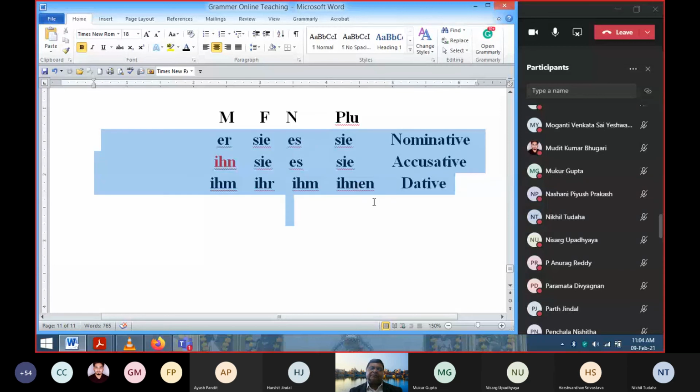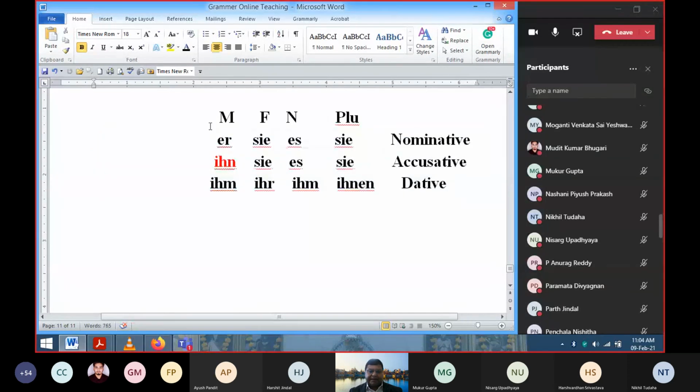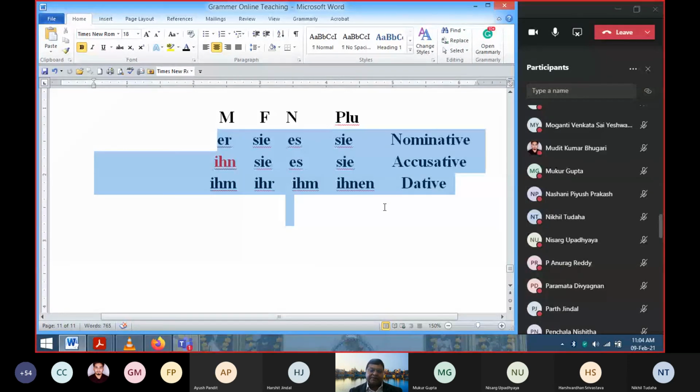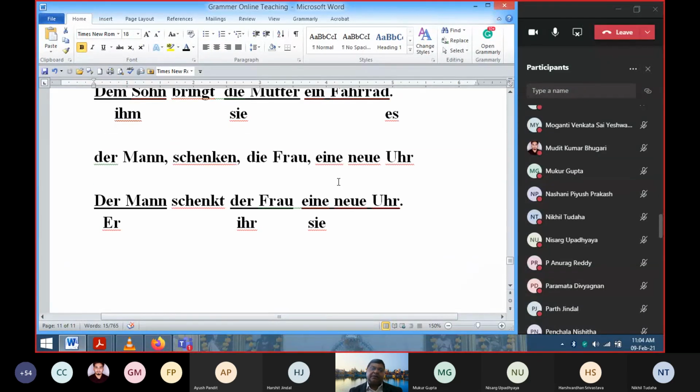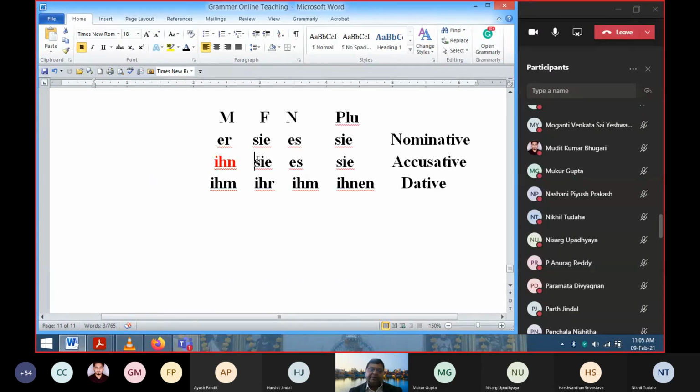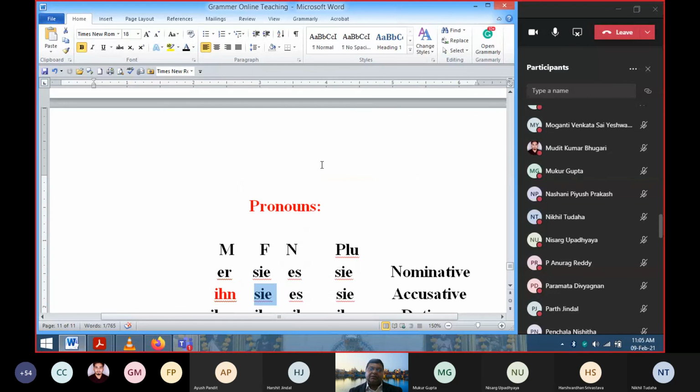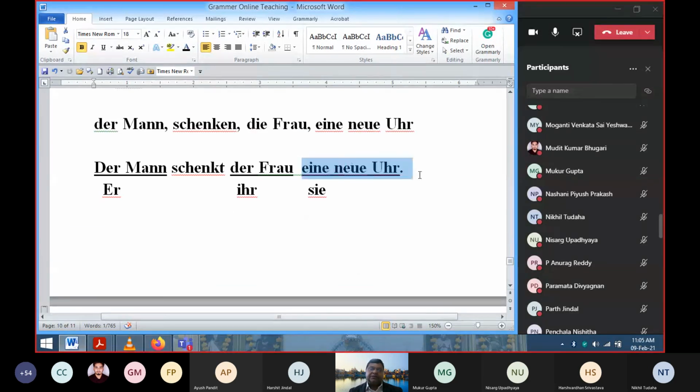So depending on the number, gender, case of the noun, you have to select the appropriate pronoun here and accordingly you replace it. Don't go by gender in the other language. As I gave the example here, watch in German is a feminine noun. So you have to use the feminine pronoun. Though in English it is neuter gender, you should not write es here, it will be wrong. So whatever is the gender of the noun, the same should be the gender of the pronoun. But while translating into English or another language, we should translate accordingly.